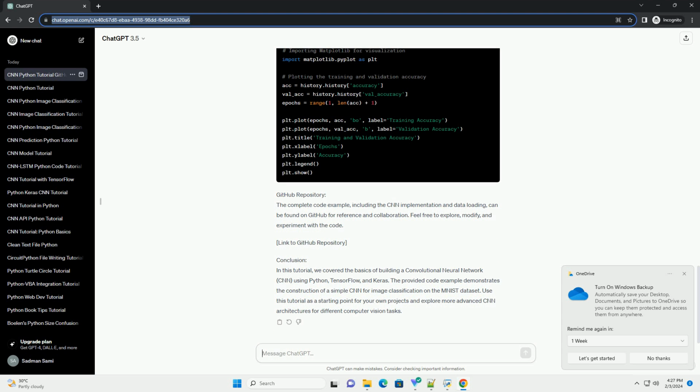Conclusion. In this tutorial, we covered the basics of building a convolutional neural network, CNN, using Python, TensorFlow, and Keras. The provided code example demonstrates the construction of a simple CNN for image classification on the MNIST dataset. Use this tutorial as a starting point for your own projects and explore more advanced CNN architectures for different computer